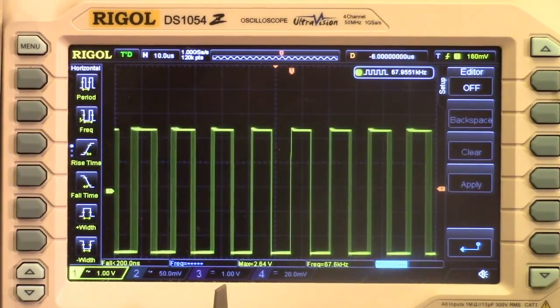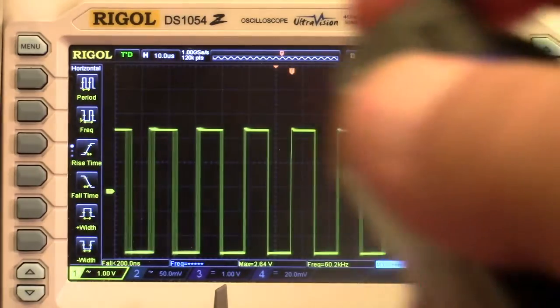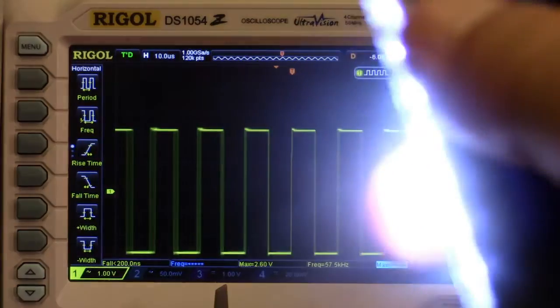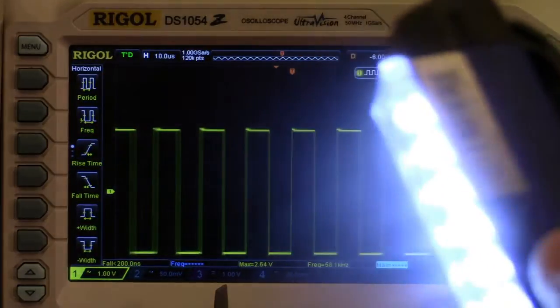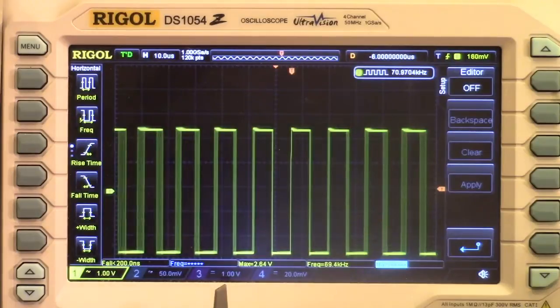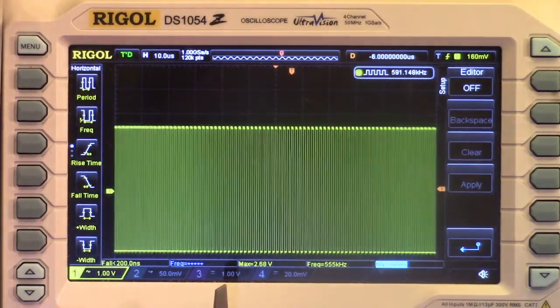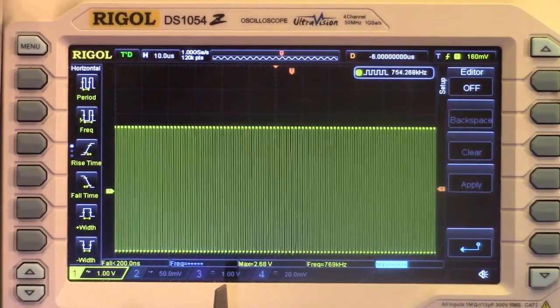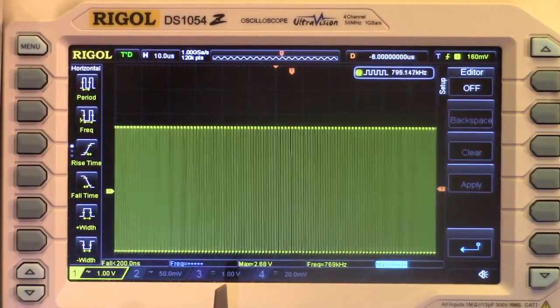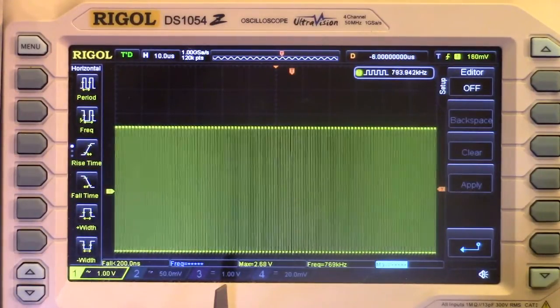I have a flashlight. Here's the flashlight right here. As you can see, it's got clear LEDs. Those usually tend to be in the blue, but let's just point this at him and see what happens. Okay, whoa, look at that. If I point this right at him, I'm about 8 inches from him, pointed right at him,